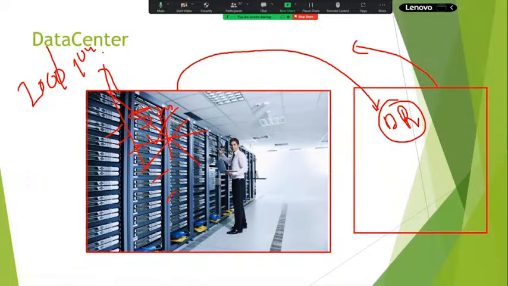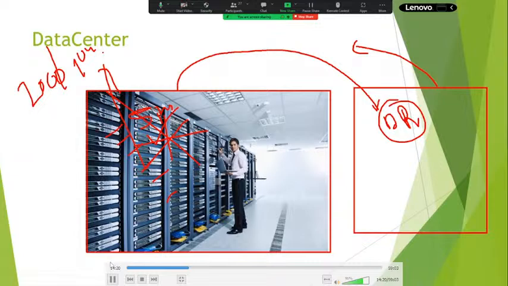Even though it collapsed, the US did not lose even a single record. A single record in the sense that whatever debits and credits were handled by the US, they haven't lost that related data. Why? Because they were already maintaining disaster recovery, another data center. Even though the World Trade Center was collapsed by terrorists, they haven't lost any data, only the physical damage of that building. That's it.